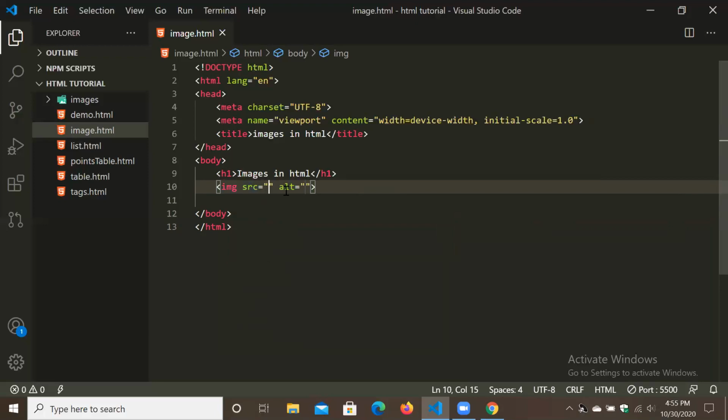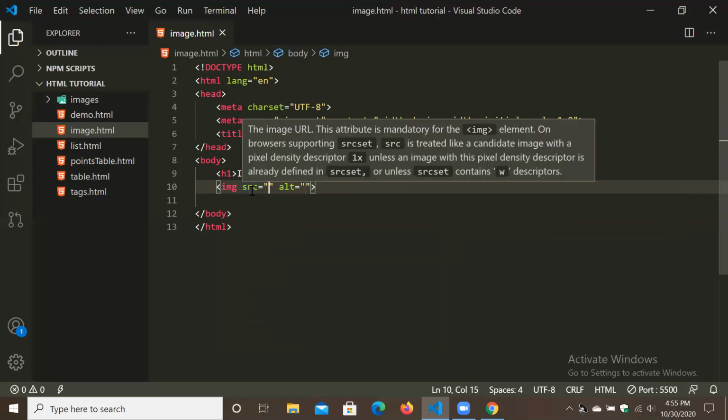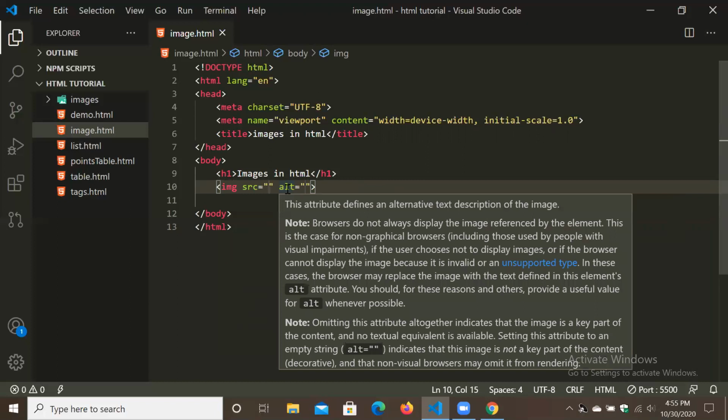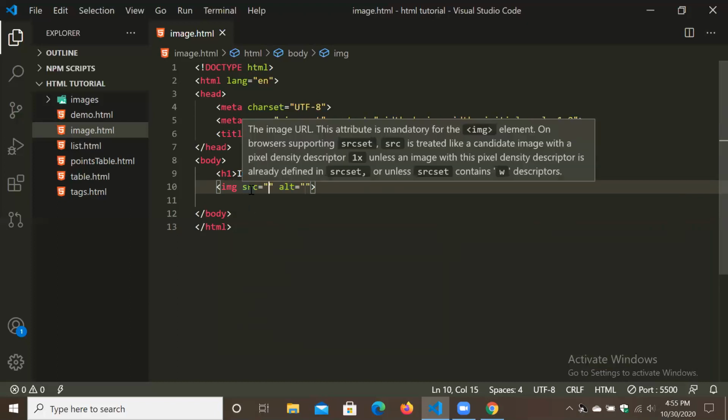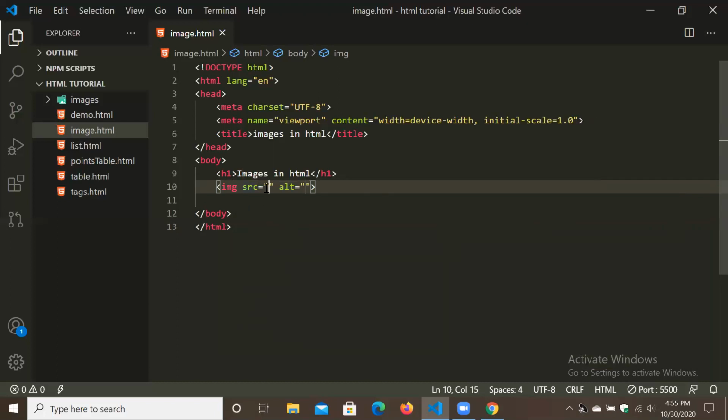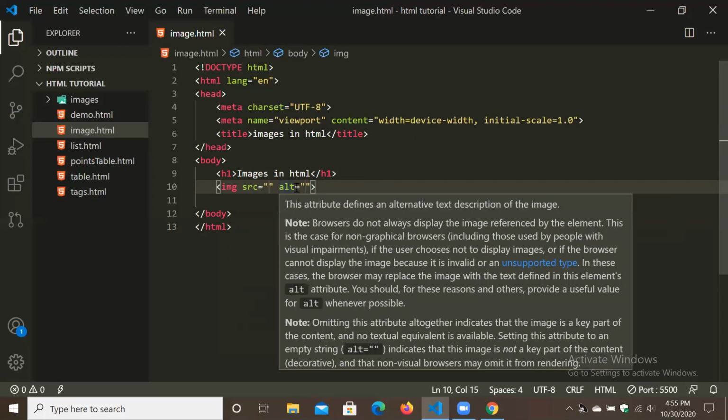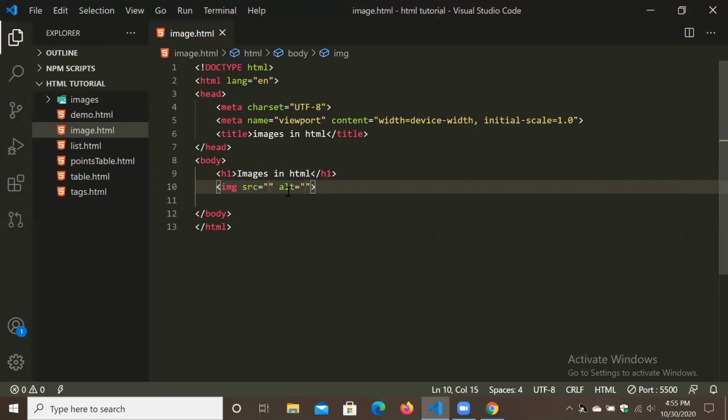In that we have two main attributes, source and alternate text. In this src we have to mention the path of the file, which file we have to insert in our web page. And in alt, we have to write the alternate text for the image.